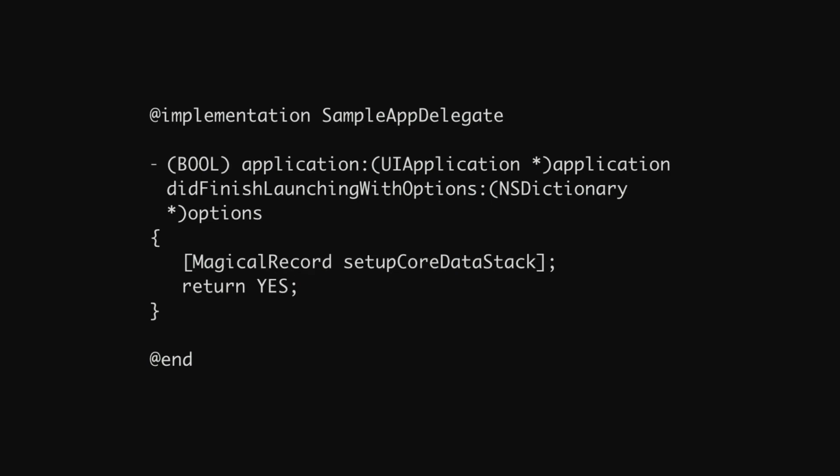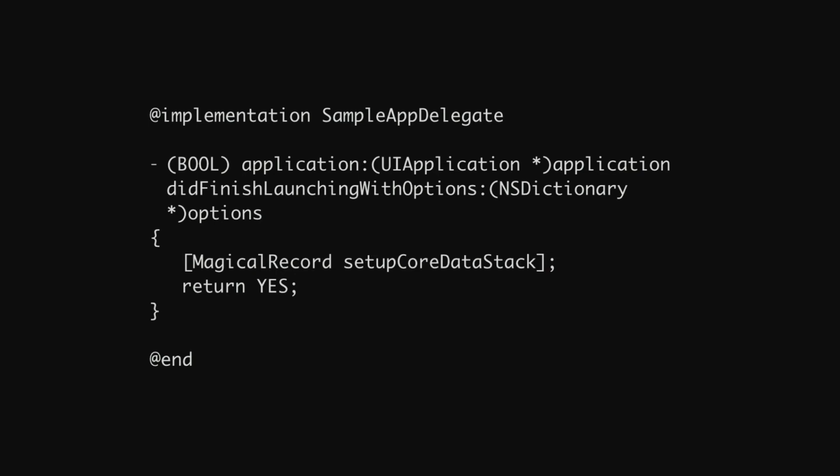You could potentially have many references and many stacks referring to the exact same store on disk, all having different access. All the threading and the locking mechanism, all that synchronization, is synchronized on the persistent store and then the SQLite level down there. So we don't need all of that stuff to go just through our app delegate, basically creating a logic bottleneck. However, if we do want to initialize it there, this method in particular is synonymous with basically the main function in C.